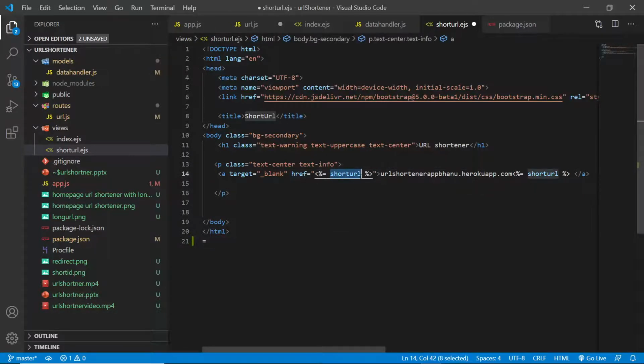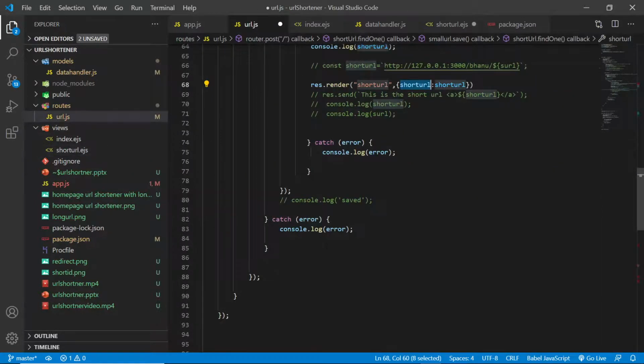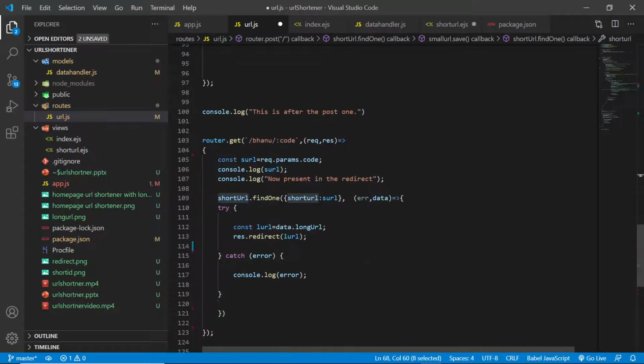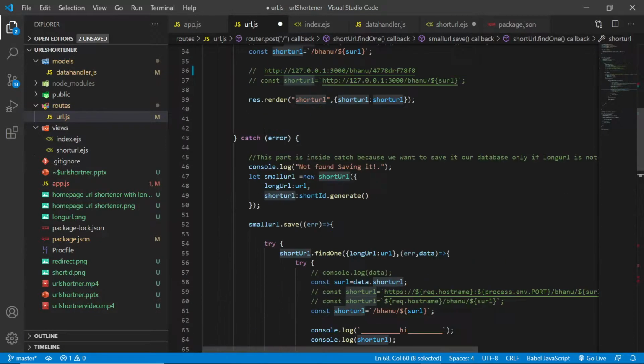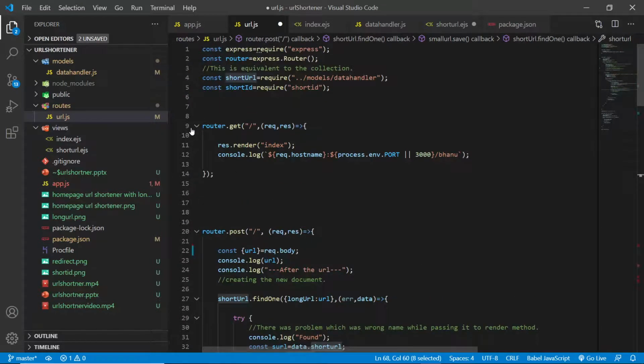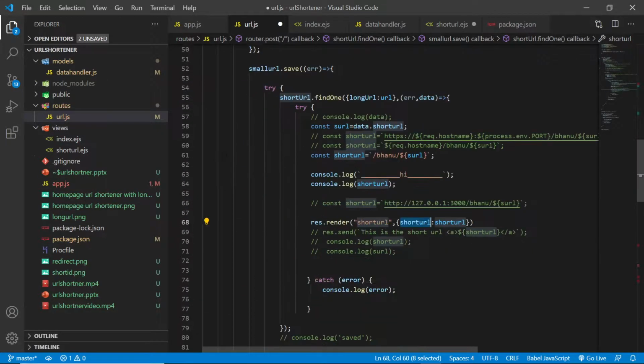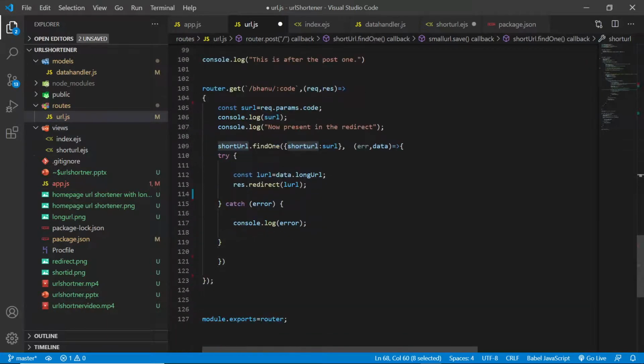Here, whenever someone clicks on this particular text, now this is a text, since I have deployed, I wrote this particular text. So whenever someone clicks on this text, they will be redirected to this particular URL. After they are redirected, we have route code for handling that particular route over here, right? There are three routes: one for showing the index, one for handling the post route. All the main code lies over there, and this is for handling this particular route.